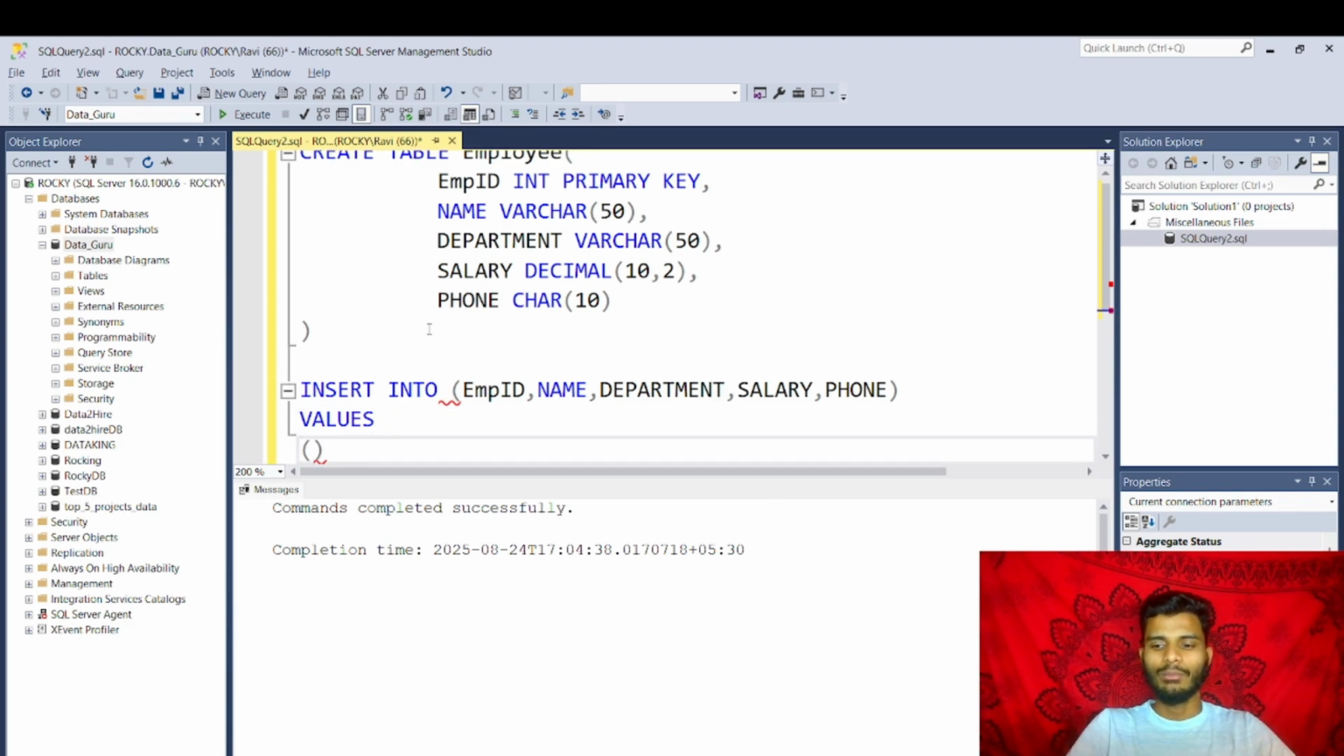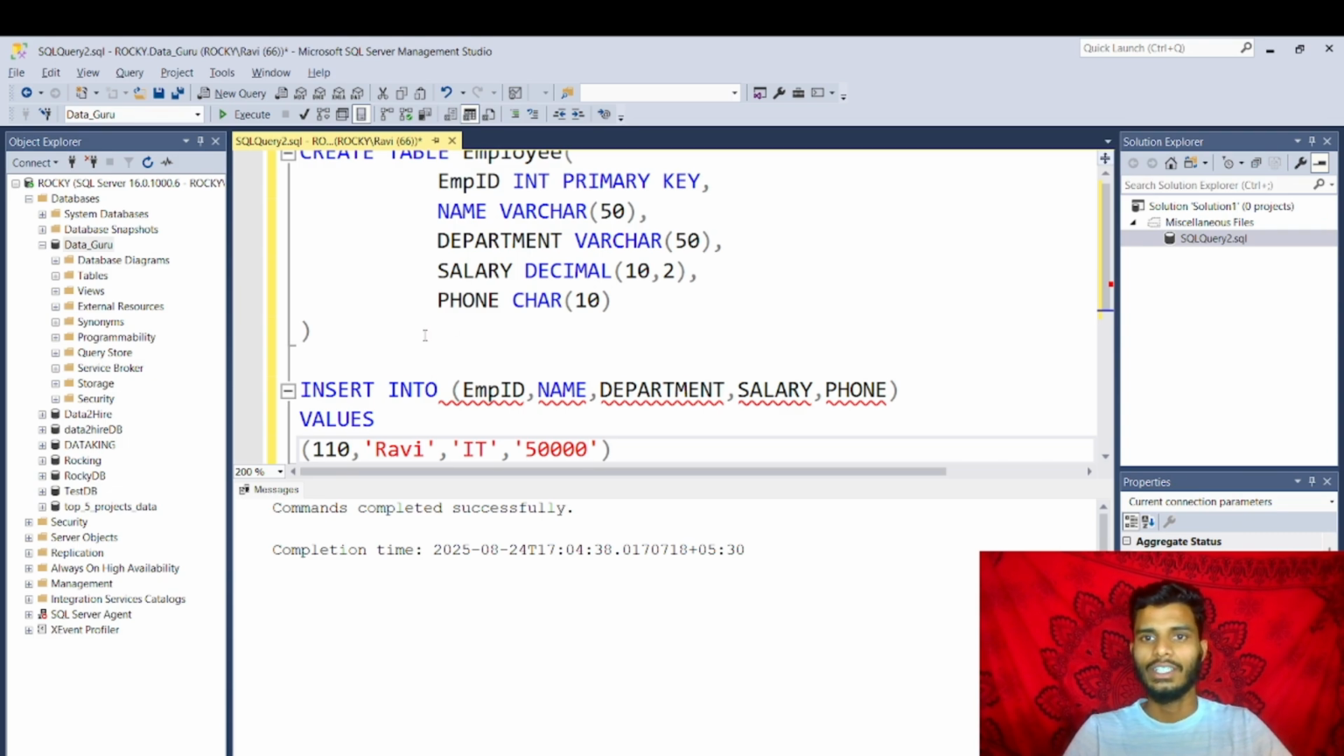So here the employee ID would be 110, the employee name is Ravi, and he is working in the IT department, and in the salary column he is getting a 50,000 salary, and his phone number is